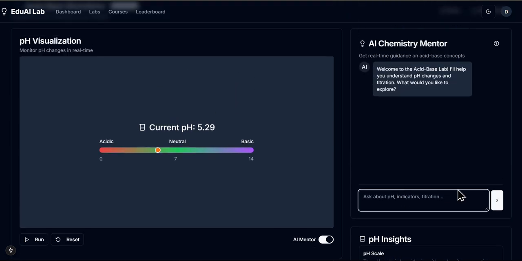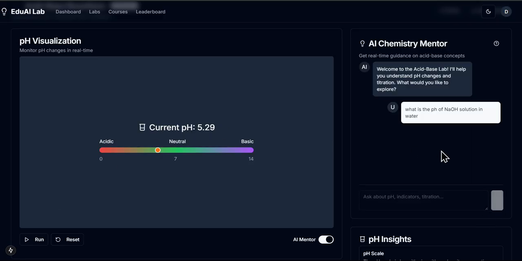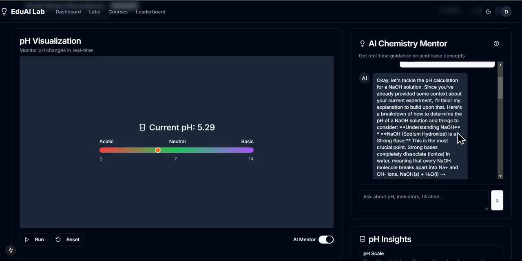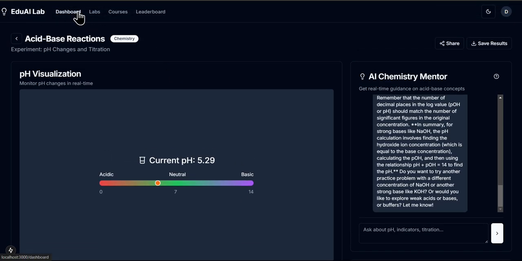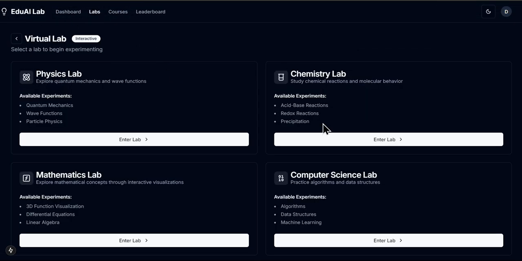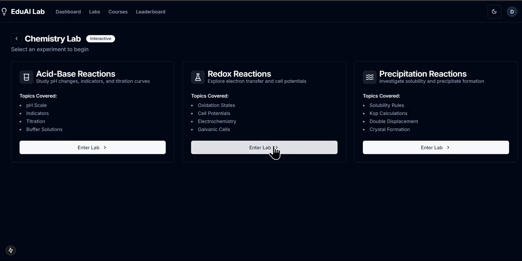So suppose if I ask what is the pH of NaOH solution in water. There you go. It gives all the information about the NaOH ions. Now, in chemistry lab, we also have the redox reaction lab,